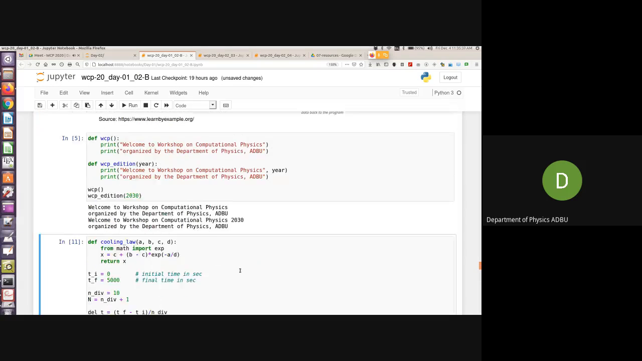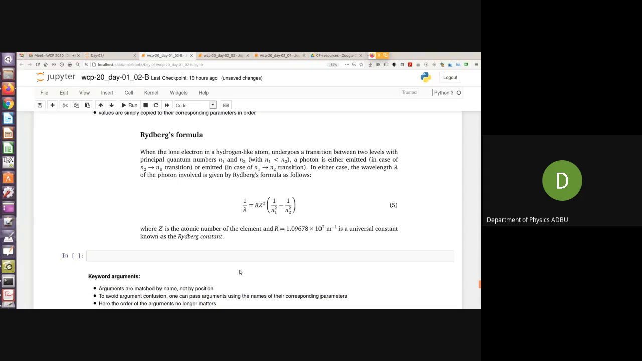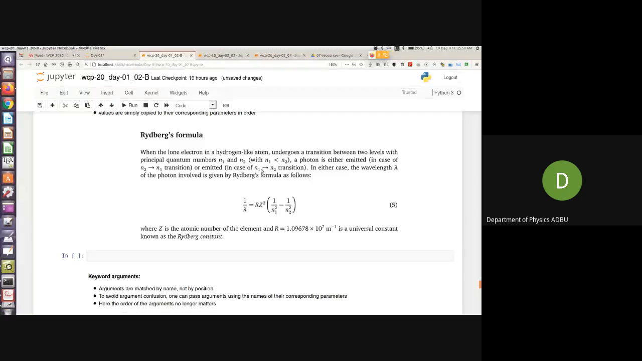So this is an example of positional arguments. One example that we have is this Rydberg's formula problem. Okay. So when a lone electron in a hydrogen-like atom undergoes a transition between two energy levels, and these two energy levels